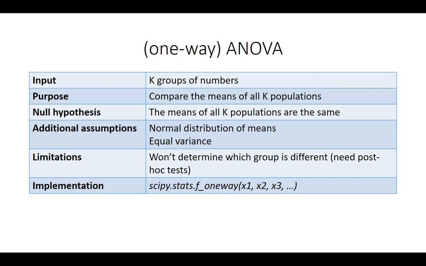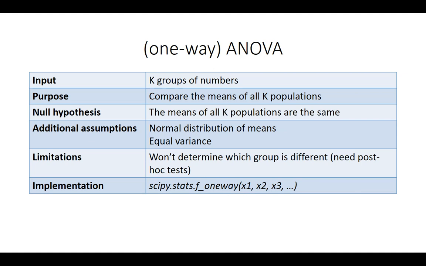And the purpose of this test is to compare whether the means of all the k populations appear to be the same, or whether you see some difference. So the null hypothesis would be that the means of all k populations are the same. And then if we reject the null hypothesis, we can conclude that at least one of the groups seems to have a different mean, that we do indeed see some correlation, association between this category to the variable that we're